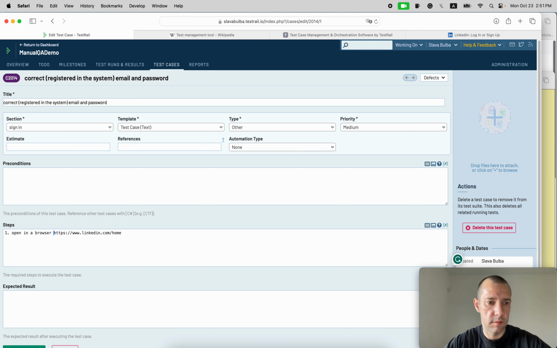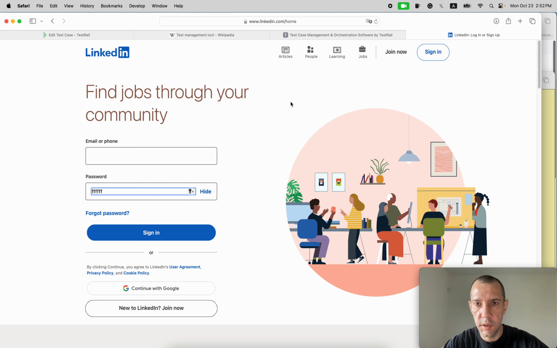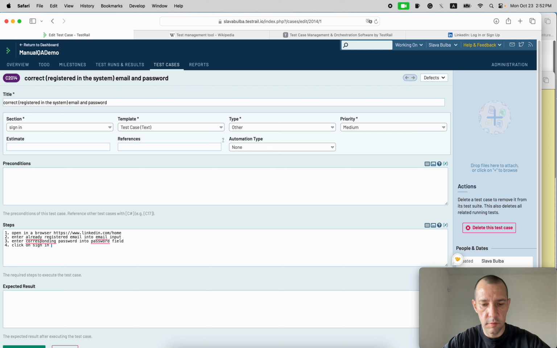open in a browser. Second, enter already registered email in the email field, input, let's say, then enter corresponding password in the password field, corresponding password, then click on, how is it called correctly, sign in button, click on sign in button,